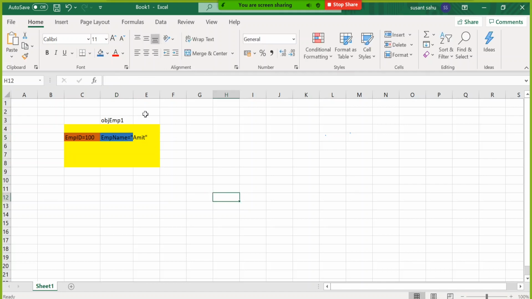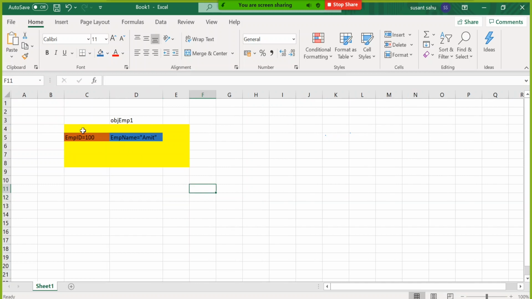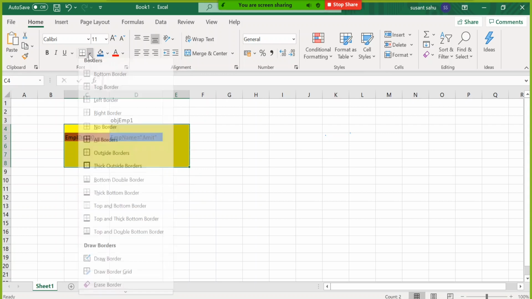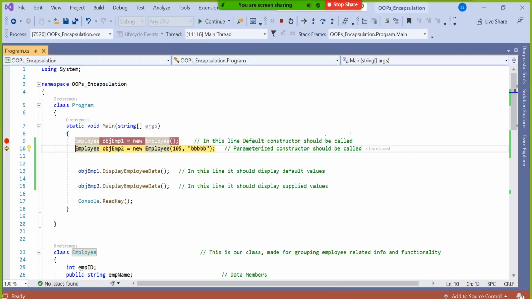So you understand it like this in your conceptualization. Inside one object, I will give a border to this so that you can understand this is a complete object. So obj emp1 became the object name, and inside that it stored two data, emp id and emp name. Line number 9 is done.